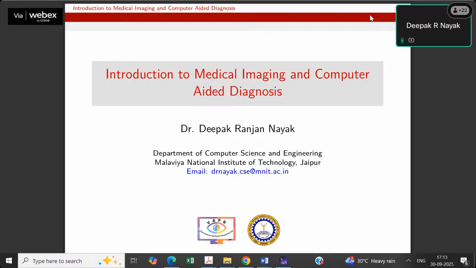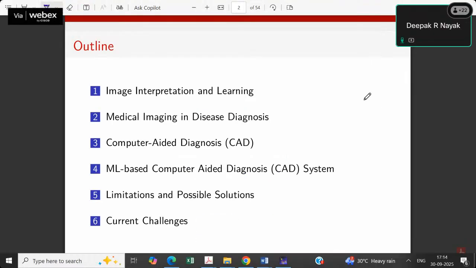Before we get into how to use those advanced algorithms to design computer-aided diagnosis, you must have an idea of what exactly computer-aided diagnosis is, what medical imaging means, and how it has revolutionized the field of AI in healthcare.